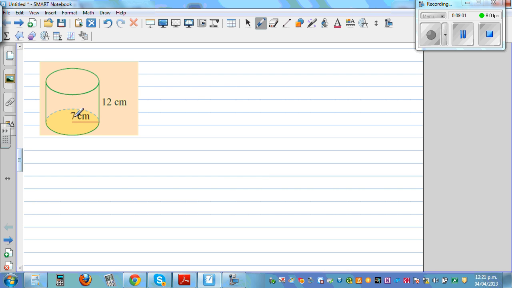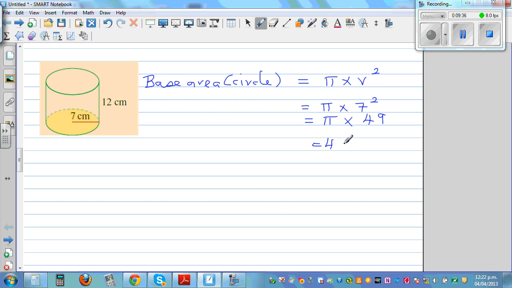Okay, let me do one more. Now this is a cylinder. A cylinder has a circular base. So let me write base area, which is a circle. And you should know the area of a circle is pi times radius squared. So I'll keep it at pi times 7 squared, which is pi times 49. So base area is 49 pi